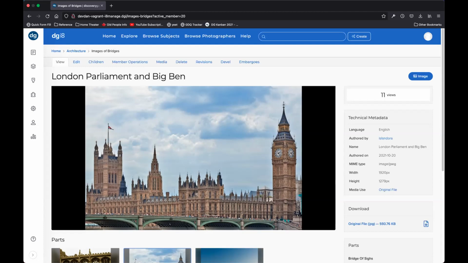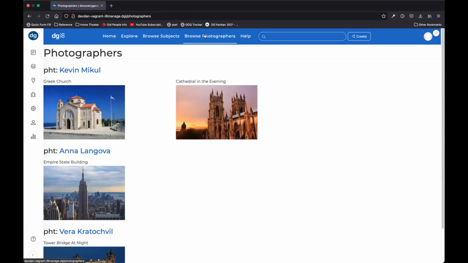You have ways of displaying the images that are attached to things, and you don't just have to display them when people are browsing to view the thing. You can display them in other contexts, like when you're showing other groups of things, like we have in this big old list of photographers. There are a lot of ways that you can create methods of browsing through content in the repository,